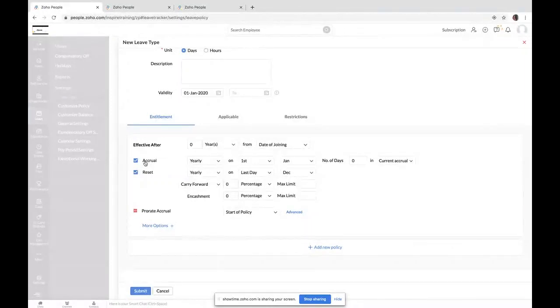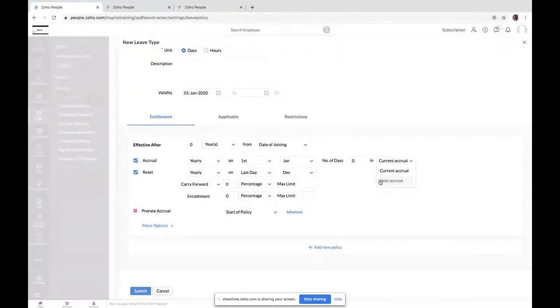So moving to the next part, accrual. This is where you define how your leave policy or leave balance will be accrued to all your applicable employees. We do have accrual types as yearly, monthly, half yearly, etc. Based on the leave policy that you define, you will be able to provide it here. Generally, one-time accrual is used in cases of maternity, paternity, or any experience-based leave types. You can define the period exactly when the leave should be credited and the amount of leave that has to be credited, and whether it has to be credited in the current accrual or in the next accrual.